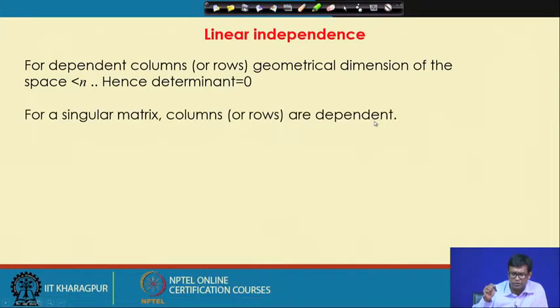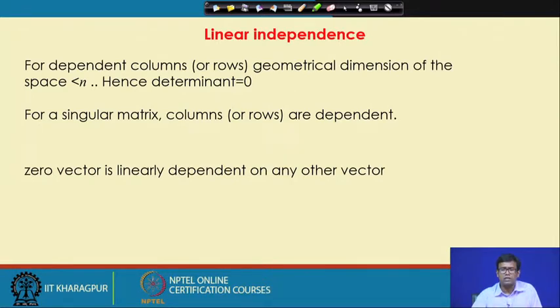So, what we can say, for a singular matrix, the columns or the rows are dependent, and we have seen it in the discussion on determinants also, that if we make one column or one row a combination of other columns or other rows, then we will get a 0 determinant. A 0 vector is linearly dependent on any other vector, and we have discussed earlier that any set of vectors where I have one 0 vector must be a linearly dependent set,